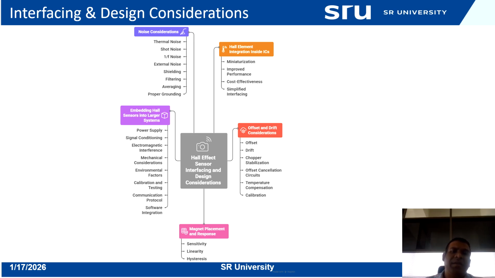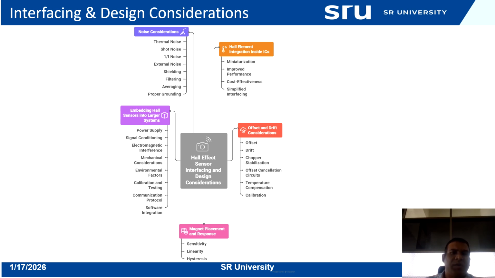So several techniques can be used to minimize such offset and drift. First one is chopper stabilization, then offset cancellation circuits, then temperature compensation circuits, then calibration. Then next one is